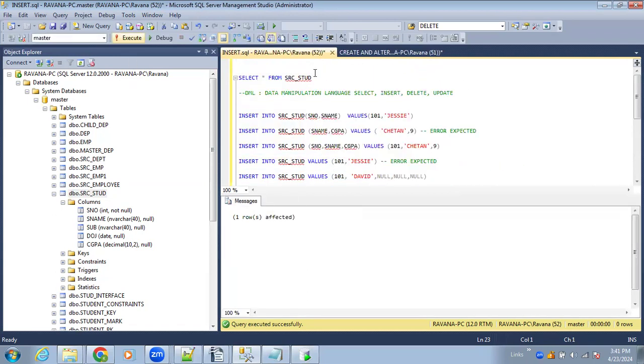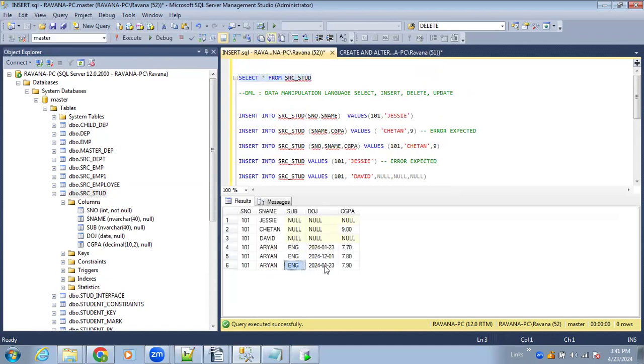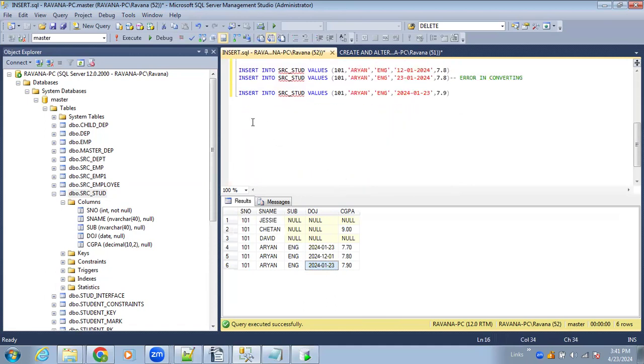Go ahead and see what are the values. English 123. So the allowed values, unless you are doing implicit conversion, the date values are allowed values are